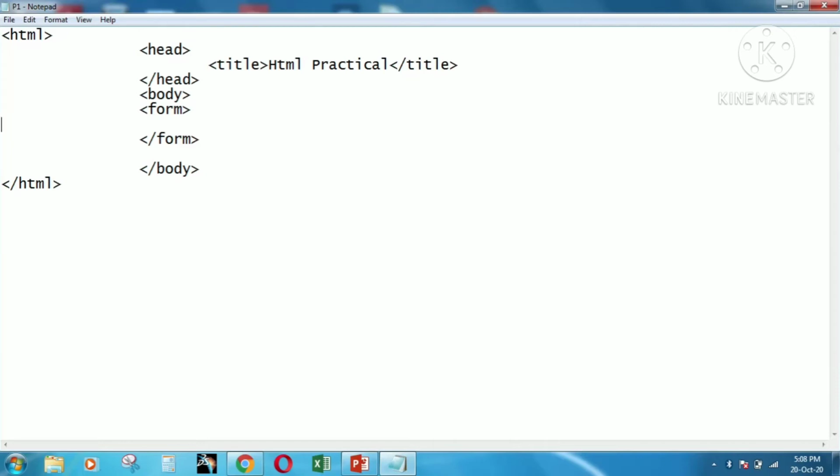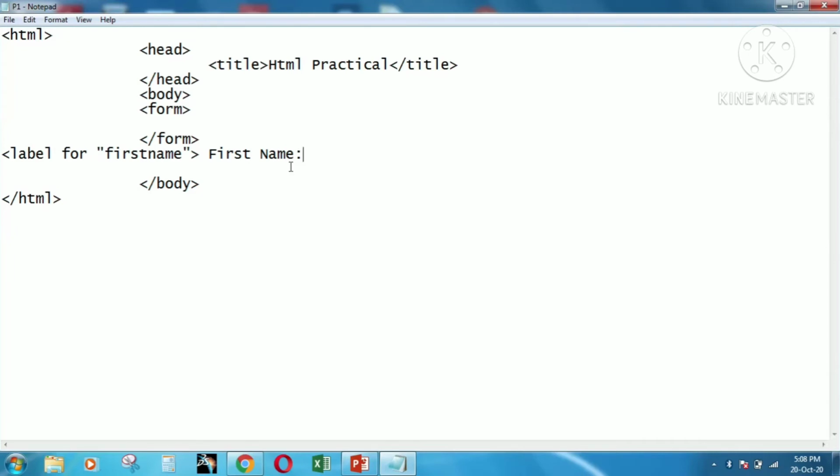Label is just simple text which we will use to represent whether we are using a text box or any button. So we need to write it in the label for first name. Whenever you are using any form, any registration form, there is a first field, that is name. So first name, last name, it can be any. I'm just showing you the example.